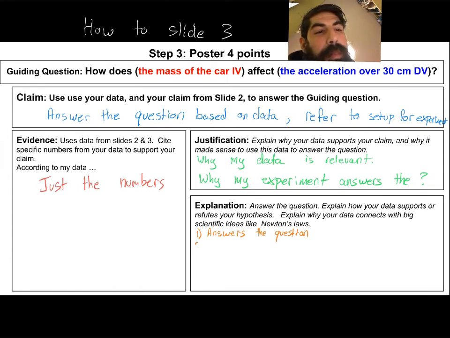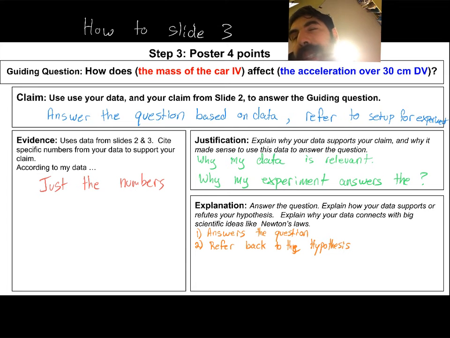2, go back to your hypothesis. My data supports my hypothesis. It turns out that mass did affect acceleration, by increasing it or decreasing it, because